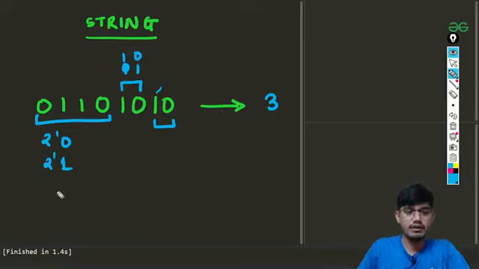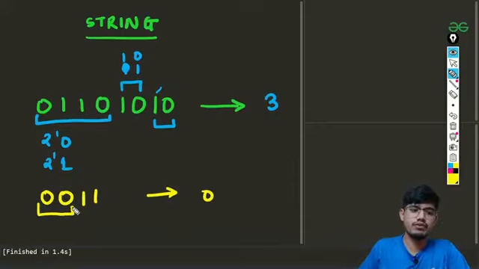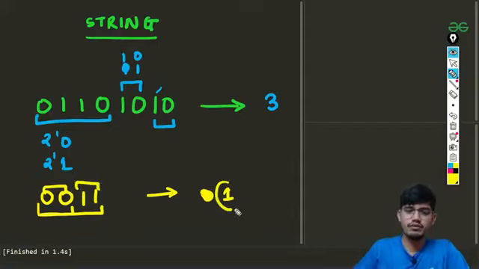If you take another example, suppose it is 0 0 1 1, the output will not be 0, it will be 1, because up to here we have 2 zeros and 2 ones, so we get only 1.